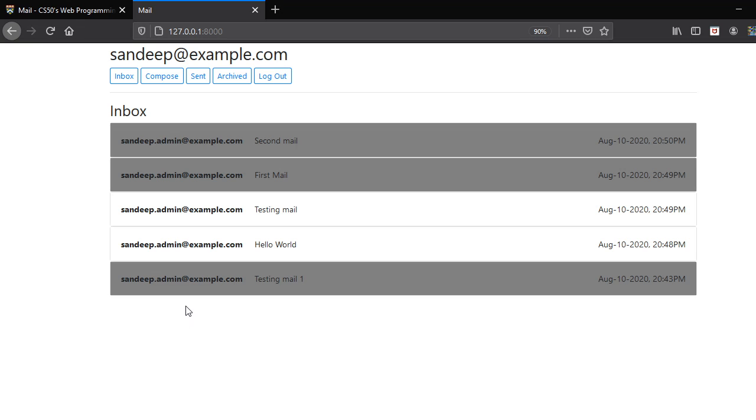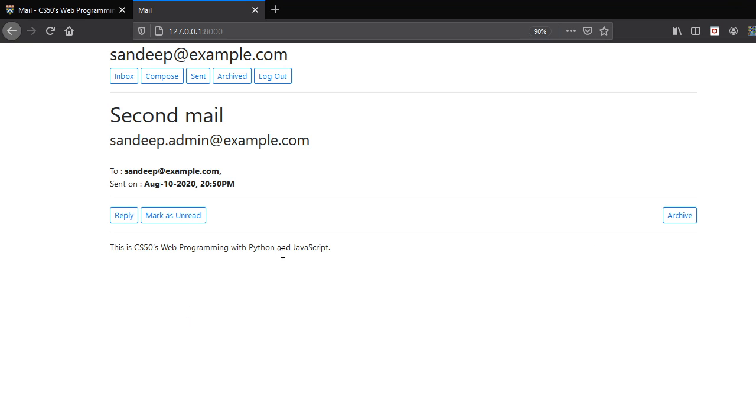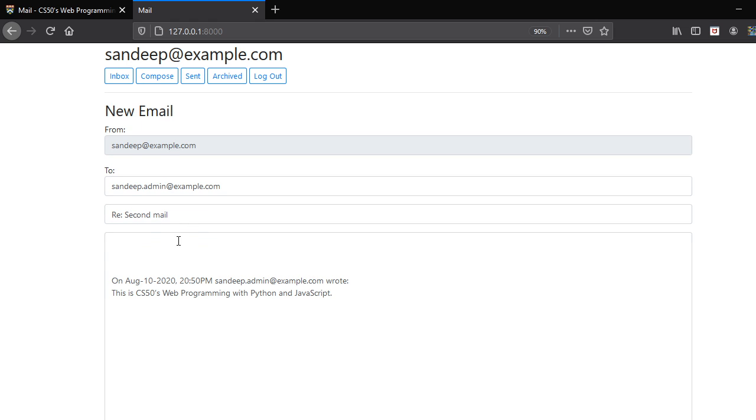So now if we try to reply to any mail, let's reply to the second mail. We can see here in the subject we get a "Re:" here, that is we are replying to the mail which had a subject of "second mail". Then we can see the timestamp, the sender of the mail, and the body of the mail which they wrote. Now we can write here